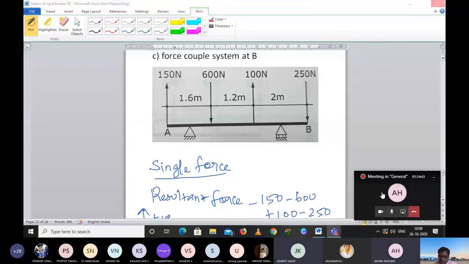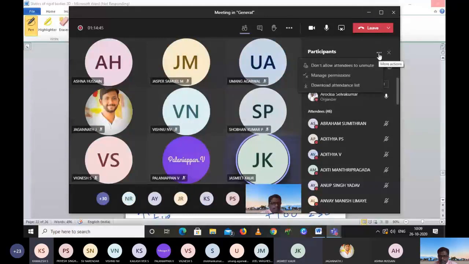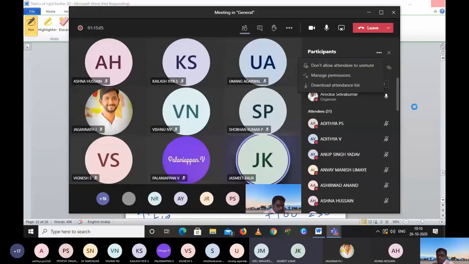Is it necessary for the distance to be at an angle of 90 degrees? In which point are you asking? In calculating the moment by drawing two forces. Yeah, exactly. You must need a perpendicular distance. Otherwise, how will it create a moment? Yes, sir. Any one vertical component should be there with respect to that force.